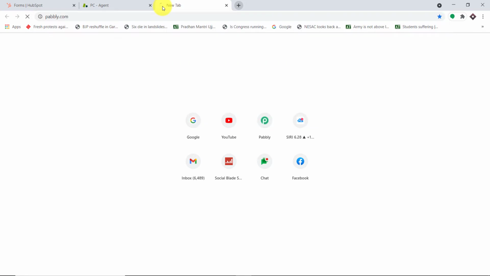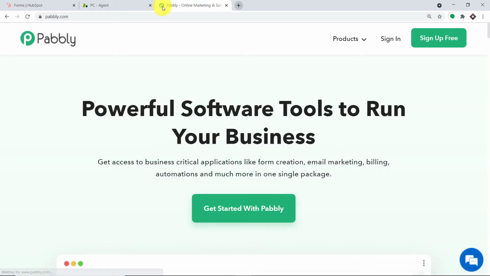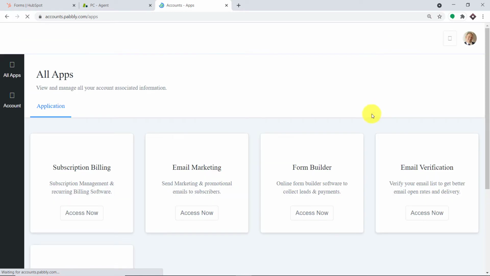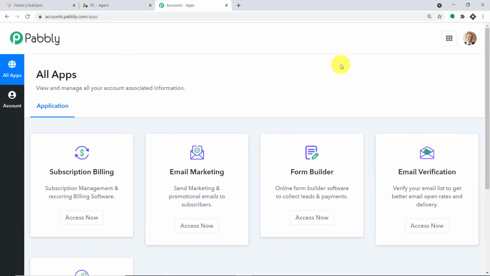Your obvious question is why pabbly.com? Well, the answer is very simple. We have an app called Pabbly Connect that will integrate HubSpot and Zendesk. So let me just click on sign in. Okay, so this is the dashboard of Pabbly Connect. As you can see, I already have made an account in Pabbly Connect. You can also build your own free account in just 2 minutes.